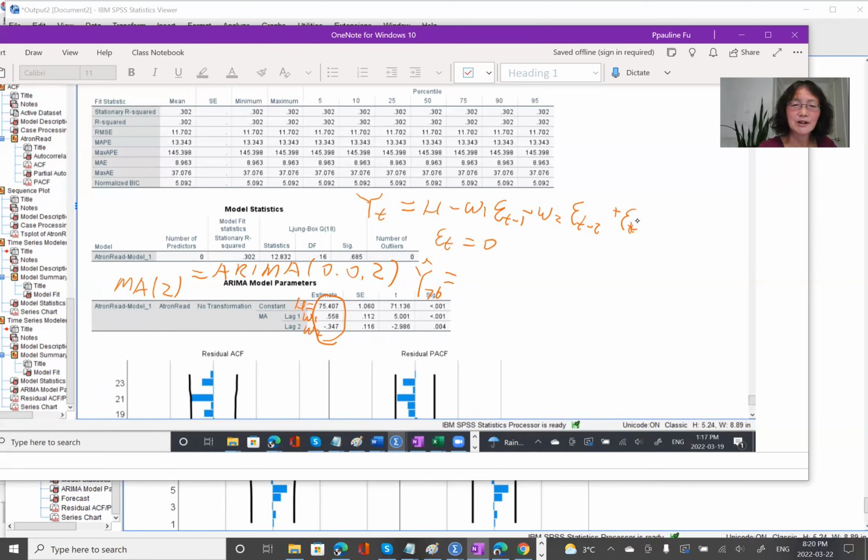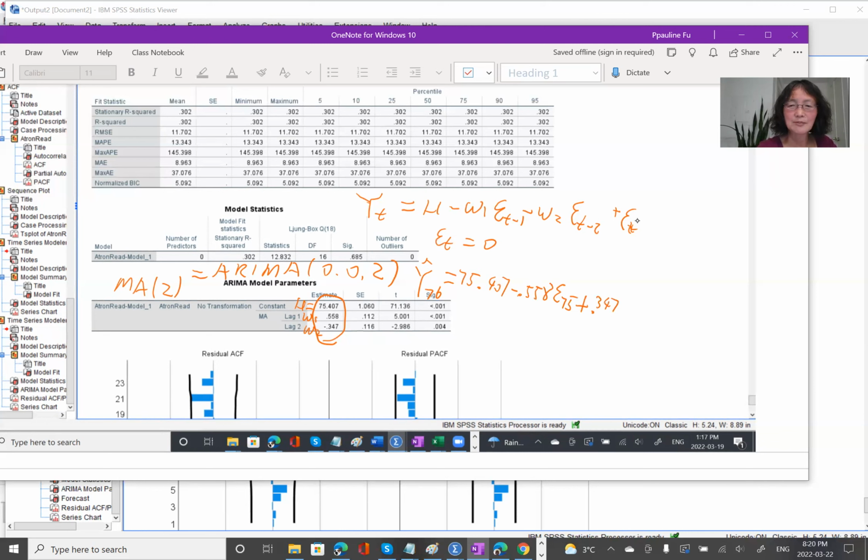So y hat equal to mu, 75.407, minus omega 1, 0.558, times e t minus 1, which means e75, minus omega 2. Omega 2 is negative, right? So minus negative equal to plus positive